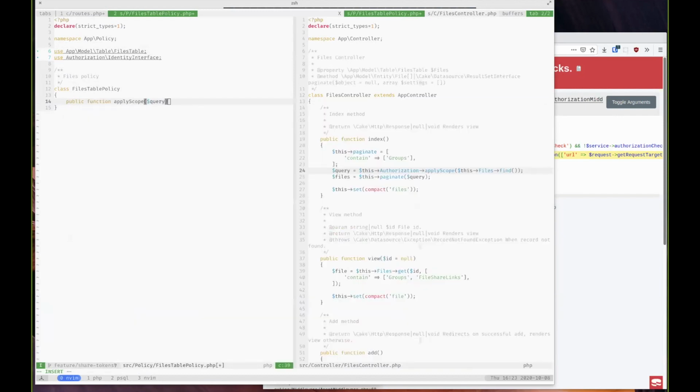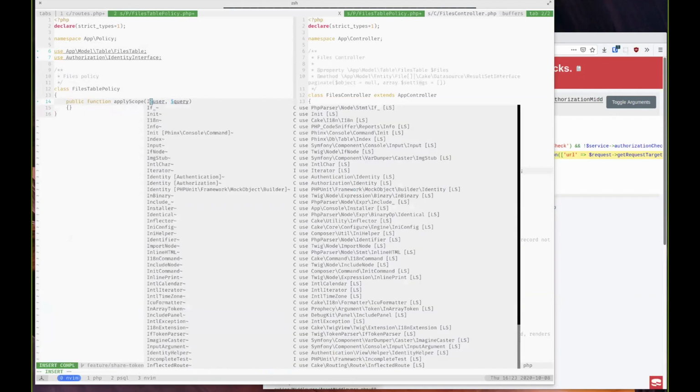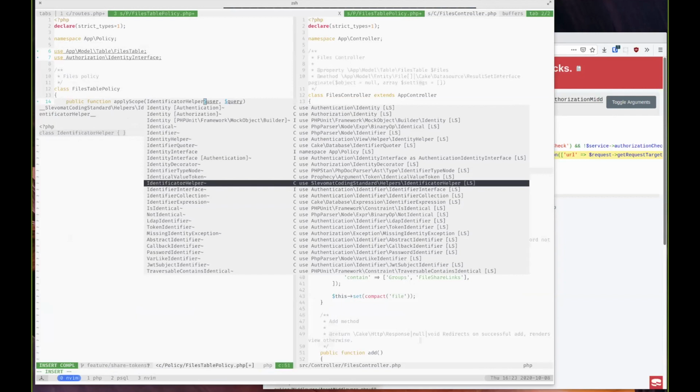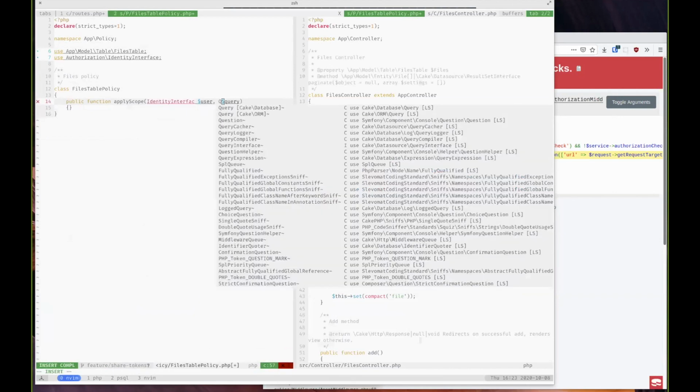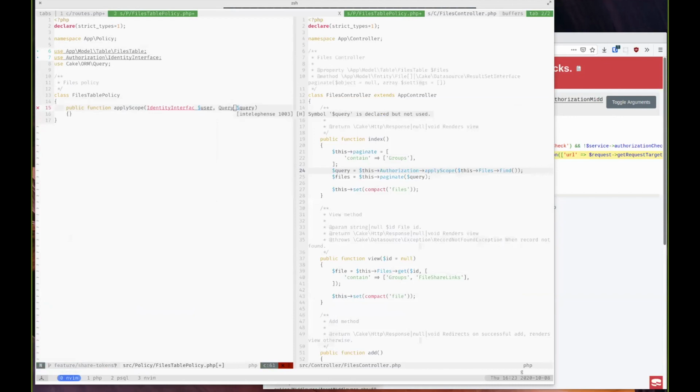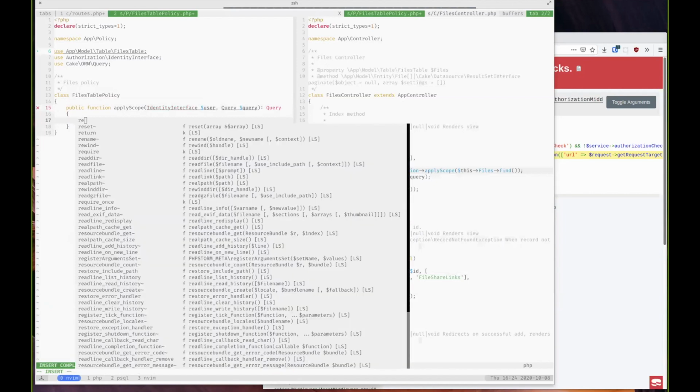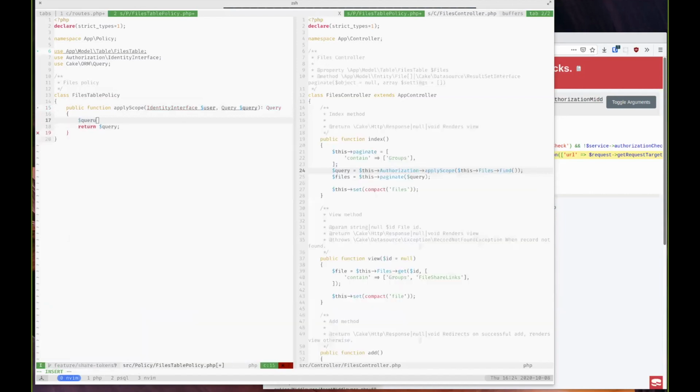We get a query. Okay, user and query, right? Then, and this is a query, and it's going to return a query. And make the code not trash. So we'll return query. And inside of here, what we're going to do is,